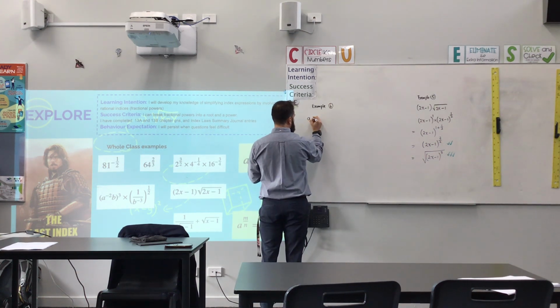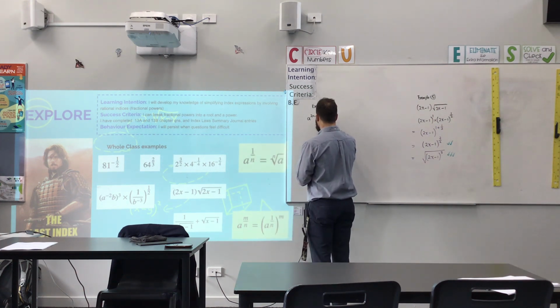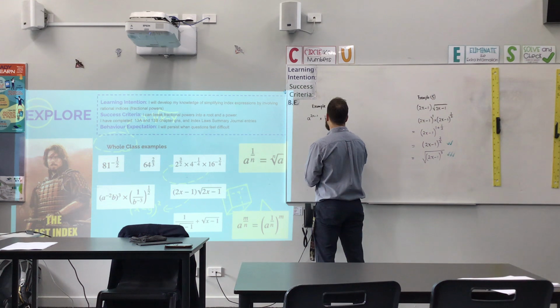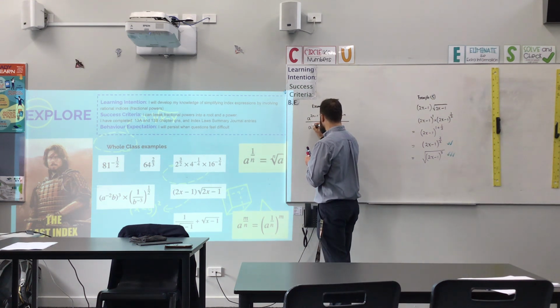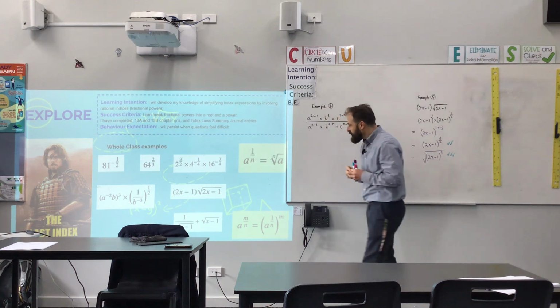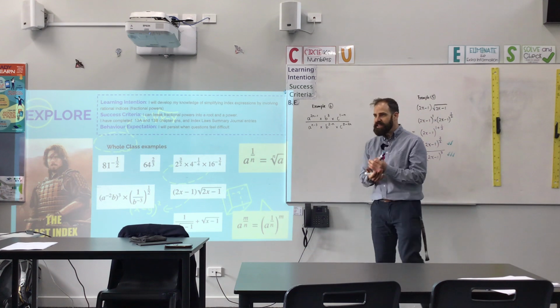A to the power of 2n take 1, times b to the power of 3, times c to the power of 1 take n, and then a fraction line: a to the power of n take 3, times b to the power of 2 take n, times c to the power of 2 take 2n. Okay. So we haven't got fractional powers, but we do have negative powers, and this is kind of similar